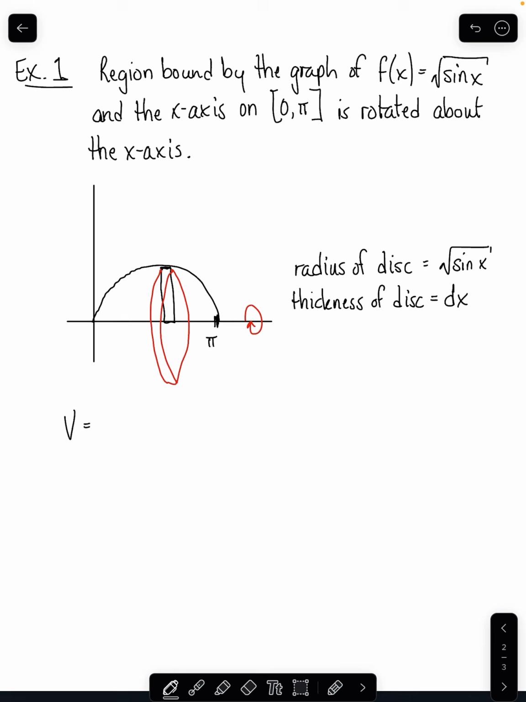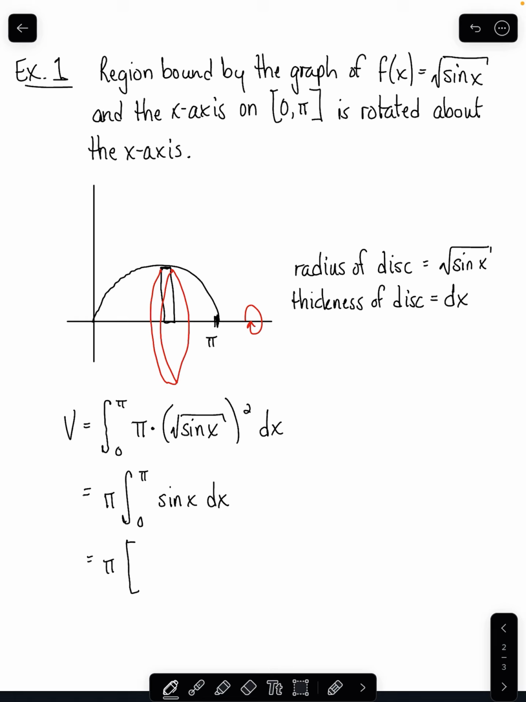Thus, the volume of this would be the integral from 0 to pi of pi times the square root of the sine of x squared dx. Literally, pi times the radius squared times the thickness. We can, if we choose, bring the pi out in front of the integral. But the square root of the sine of x, which is then squared, results simply in the sine of x,